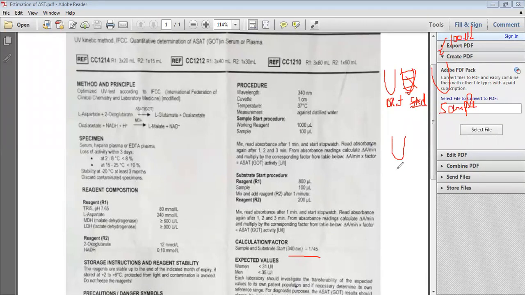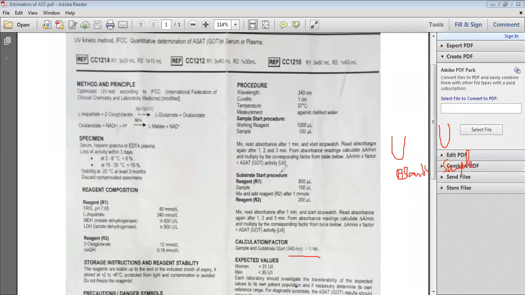One test tube will be labeled as blank, and the second test tube will be labeled as sample solution. This is the sample test tube. Here in this kit method, there is no given standard solution, so we don't need to use any standard solution in this experiment. You will use two test tubes. One test tube will be labeled as blank, and the other test tube will be labeled as sample.